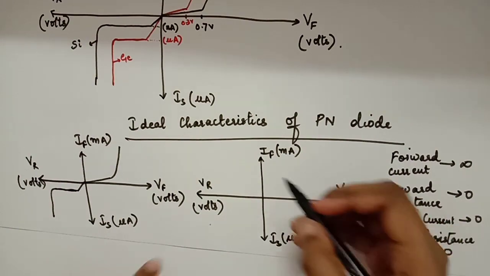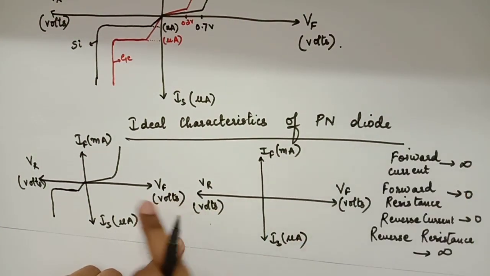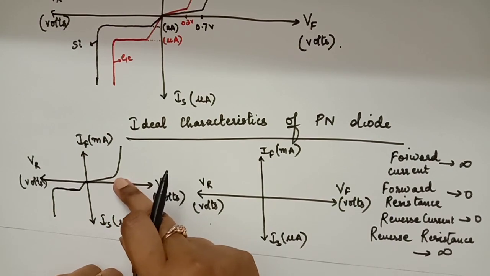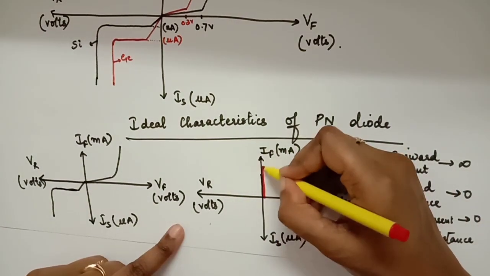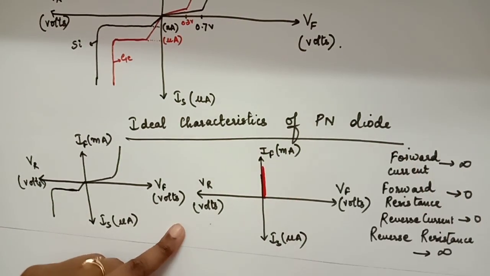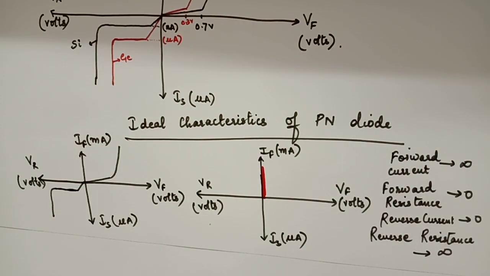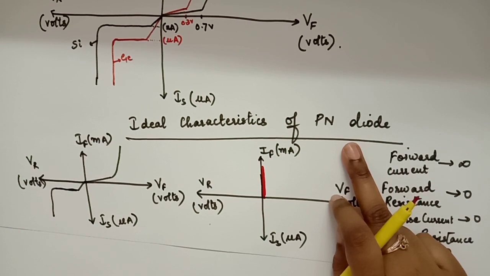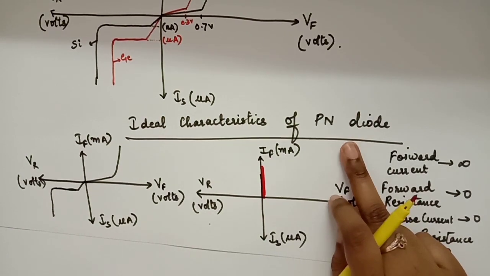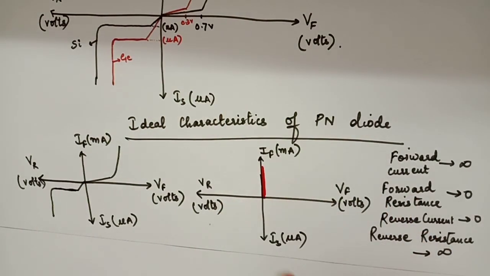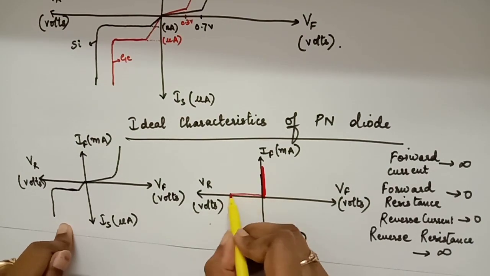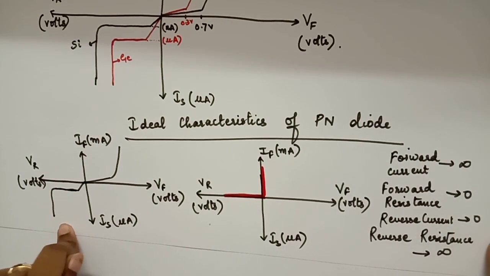Now we say forward current is infinite. That means now we will not consider any practical case that it will rise negligibly till a certain voltage. We will only and only draw the infinite current. That means it starts conducting as soon as the diode is forward biased. So always remember, when we draw the ideal characteristics or consider an ideal diode, we will not consider this knee voltage. We will assume that during forward bias it will conduct, and during reverse bias it will not conduct. That means current will be zero, because reverse current is zero. So always remember these 2 points.